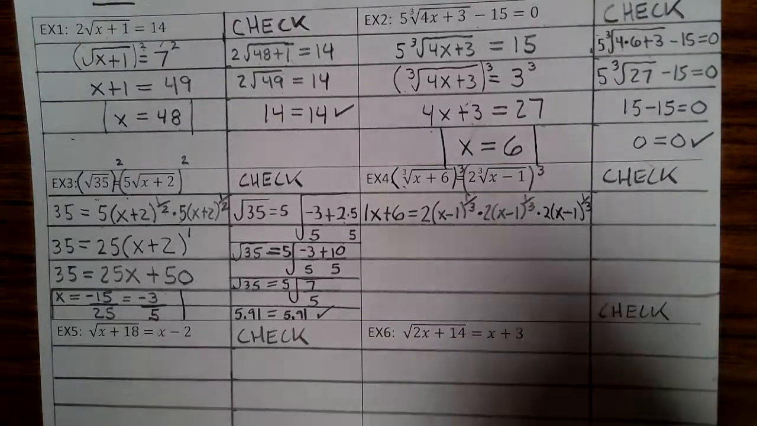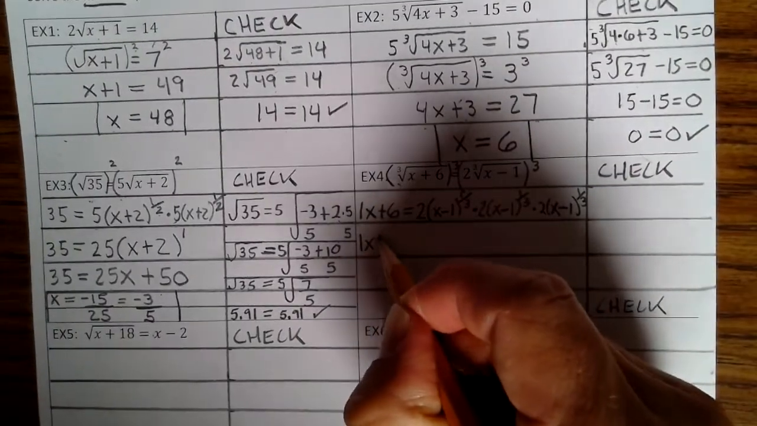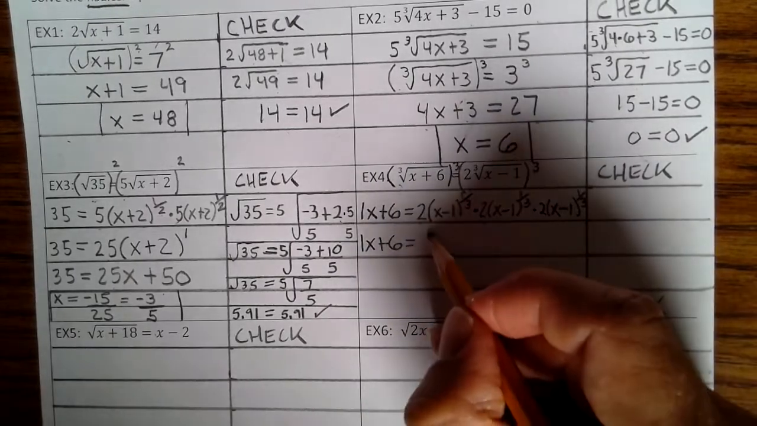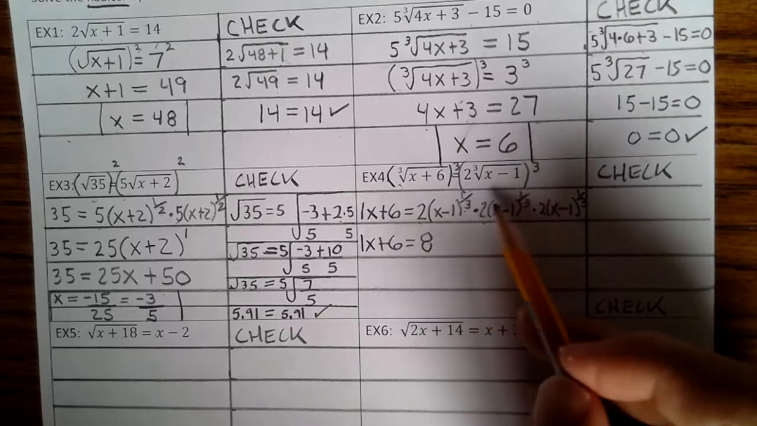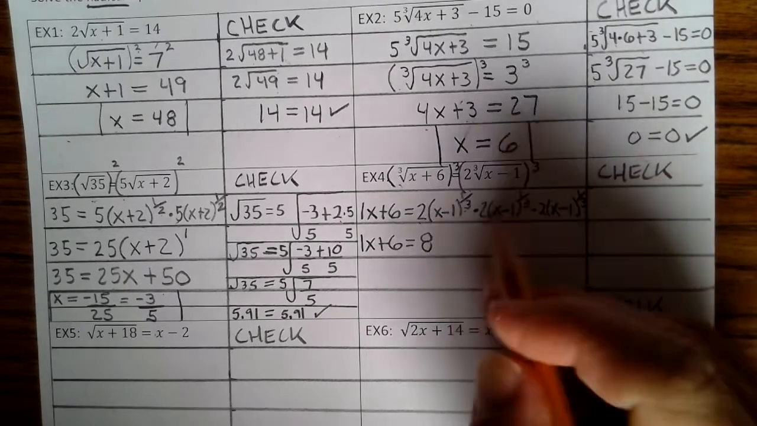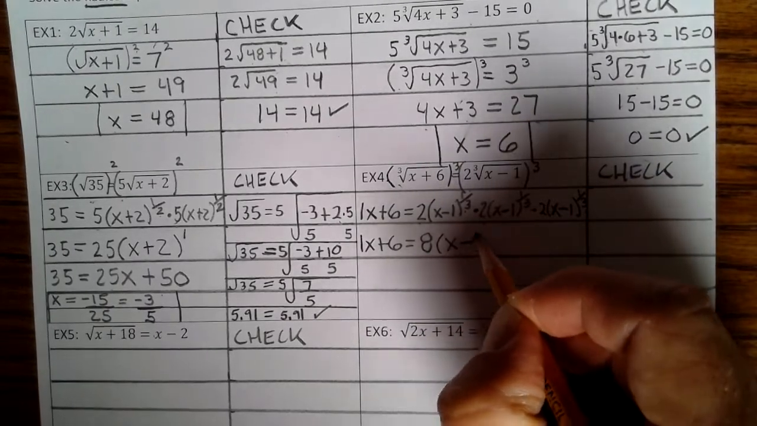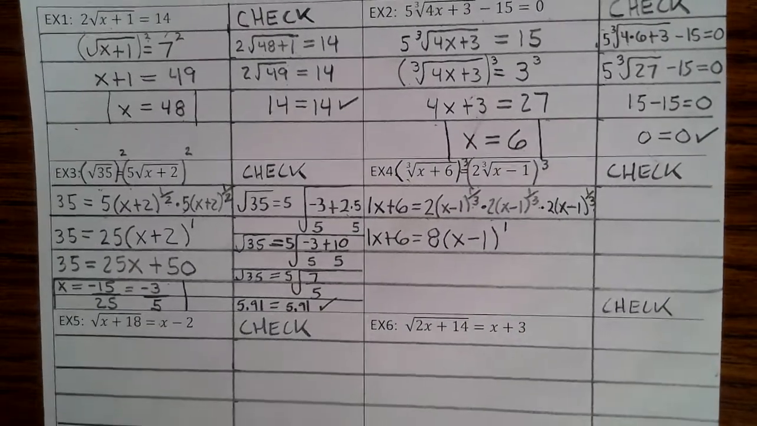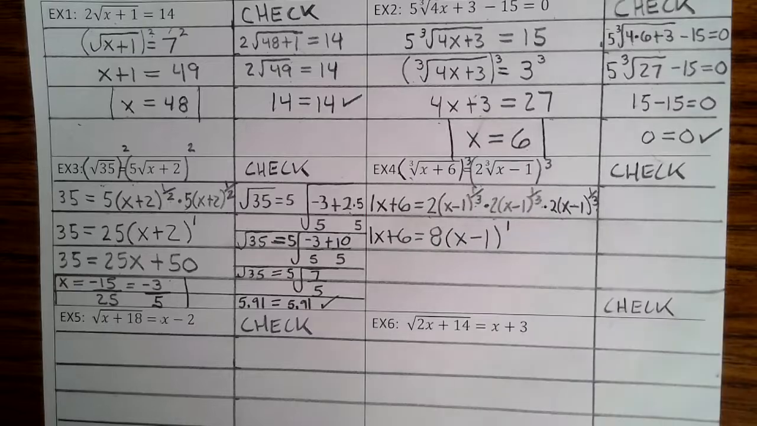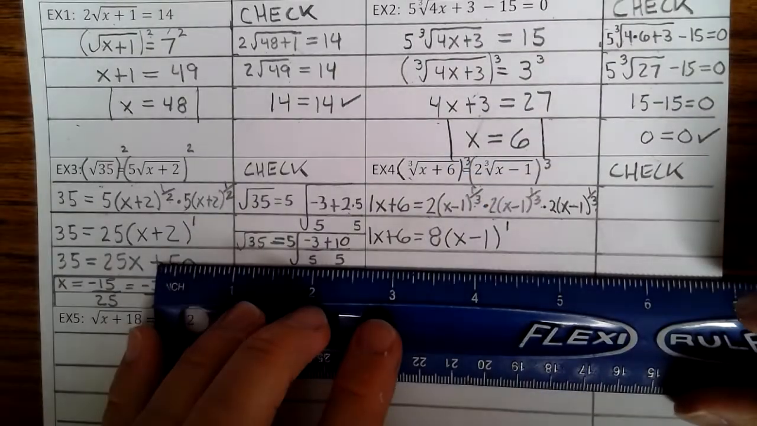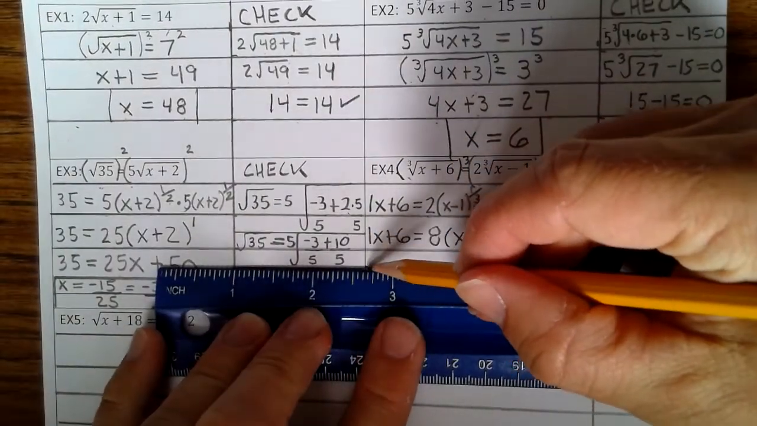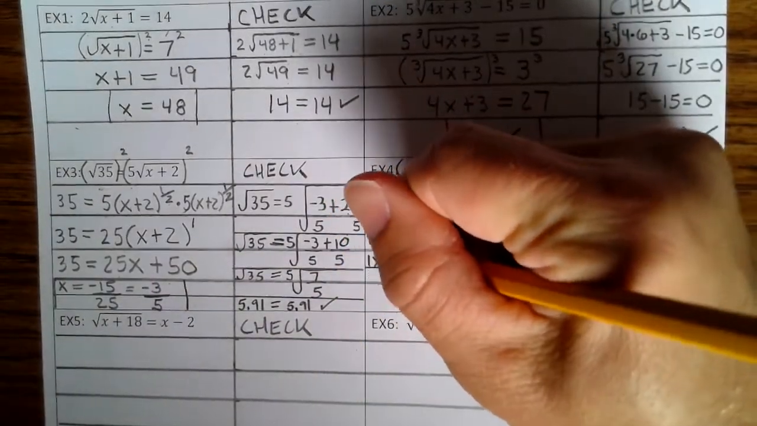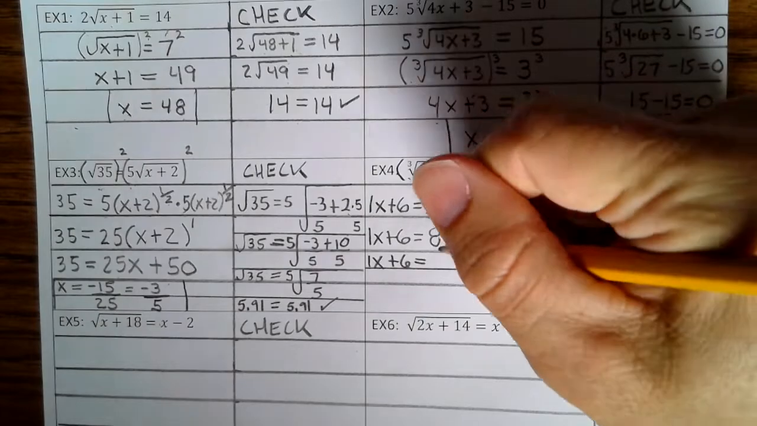Okay, so then that's 1x plus 6. Well, 2 times 2 is 4, 4 times 2 is 8. And then 1/3 plus 1/3 plus 1/3 is 1. So that's 2 times (x minus 1) to the first power. And I think we might need to add an extra line on here. Okay, so then that's 1x plus 6 equals 8x